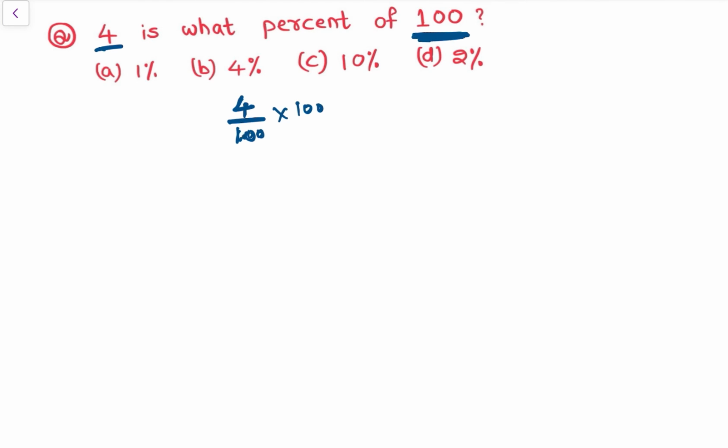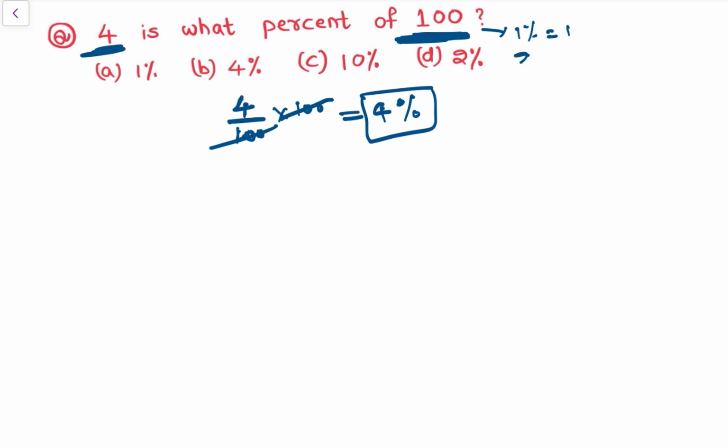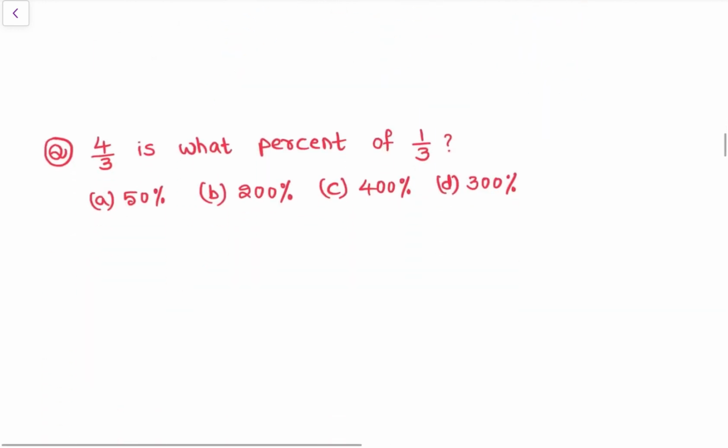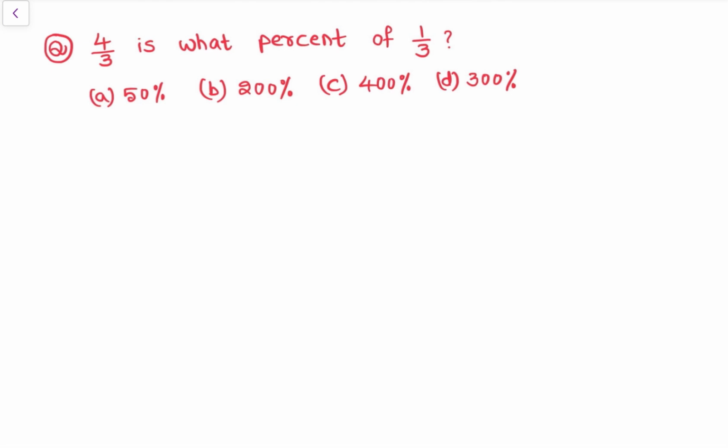Total quantity is 100 into 100, so 100 gets cancelled, so that is 4%. So 4 is what percent of 100? 4 is 4% of 100, ठीक है। अब 100 में हमें पता है 1% is 1, so 2% is 2, 3% is 3 and 4% is equal to 4, ठीक है।